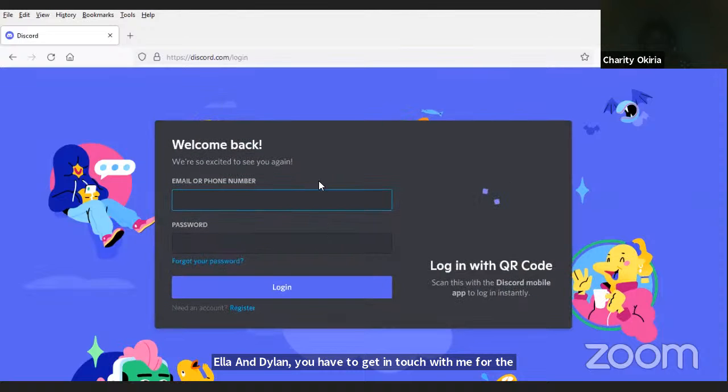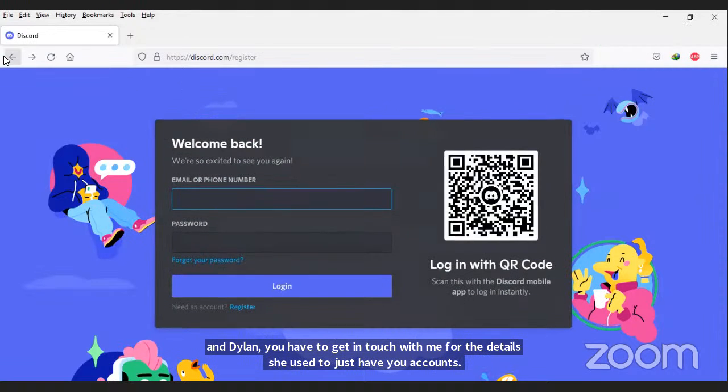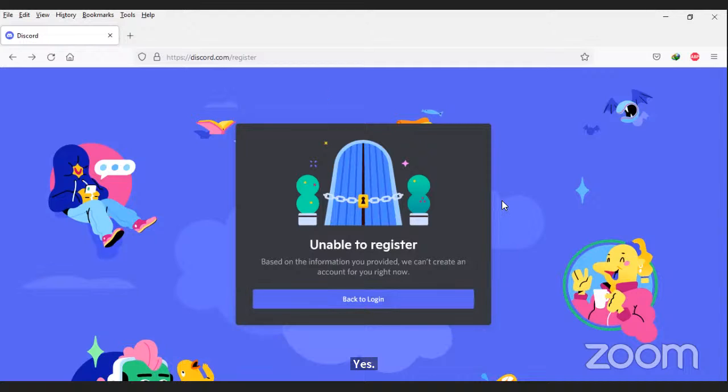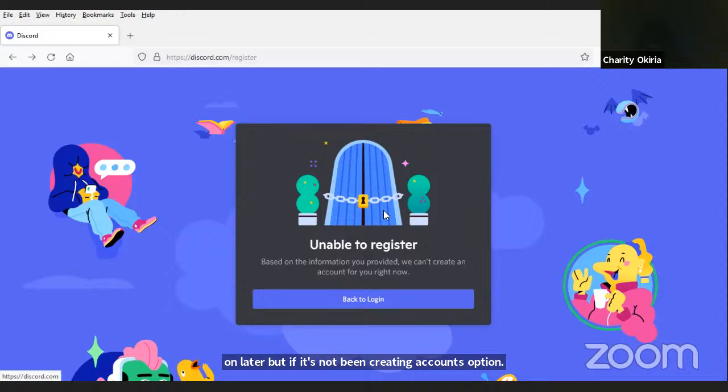Is there anyone? Teacher, yes. I've downloaded the app on my tab, but it's not showing the create account option. Do you see the part for register? Do you maybe see register somewhere down there? Is it prompting you to put in your details anywhere, like email, username, password?